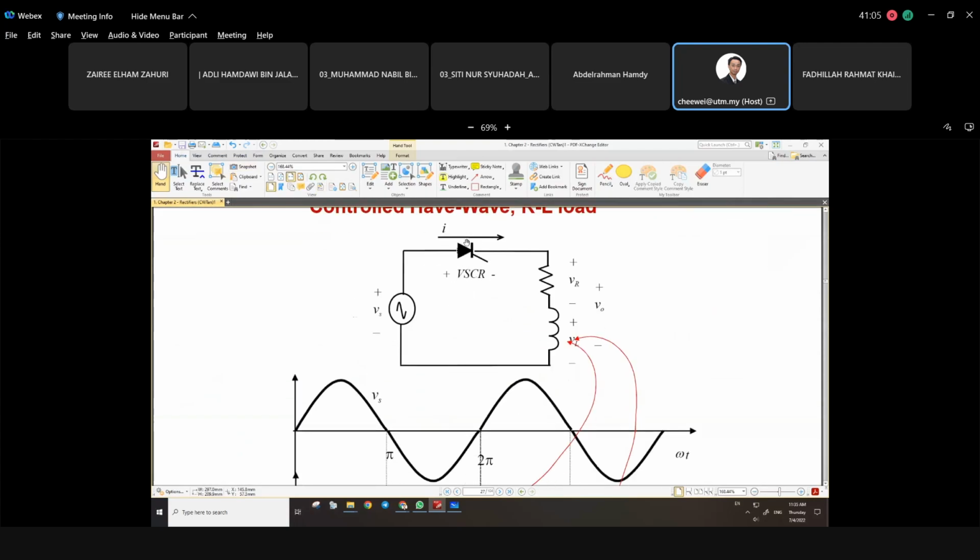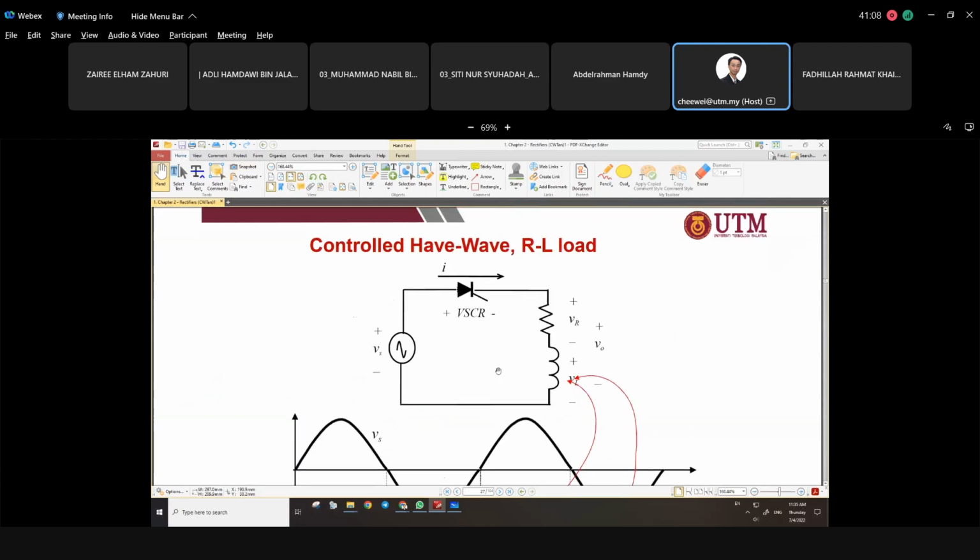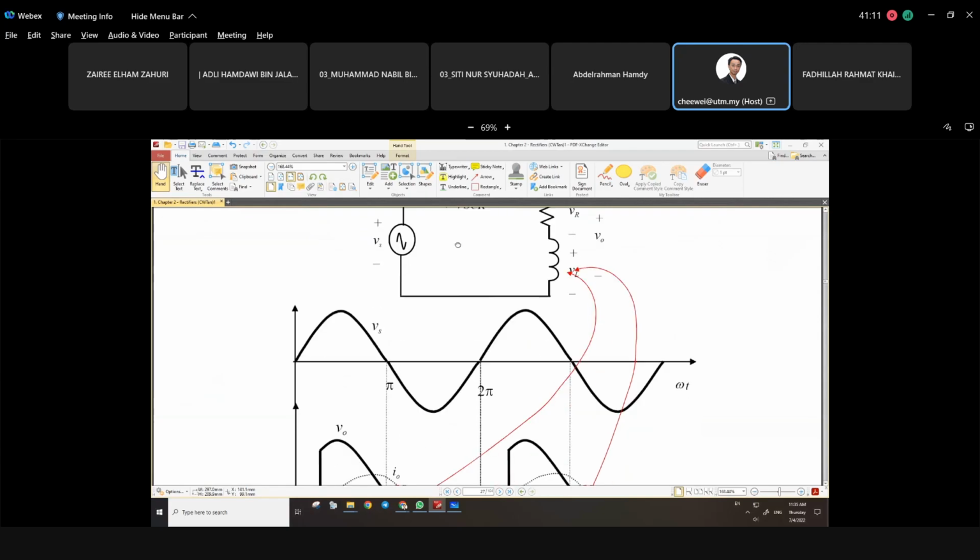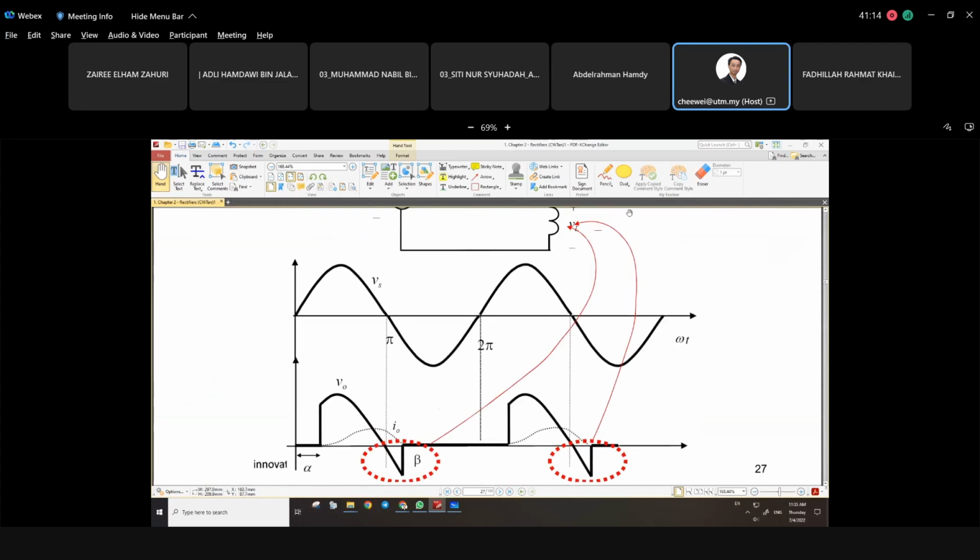If I change to controlled half wave RL load, then I'm using SCR. What happens to the output is, instead of starting from 0, now it becomes delayed. It starts later on, so it's starting from the alpha value. So from here to here, what happened? It will become 0. Nothing happened. So the waveform still continues as usual, following the Vs reference waveform,